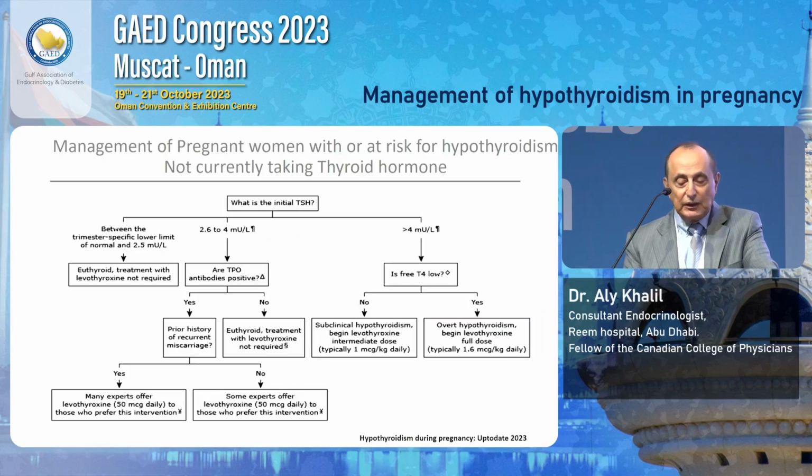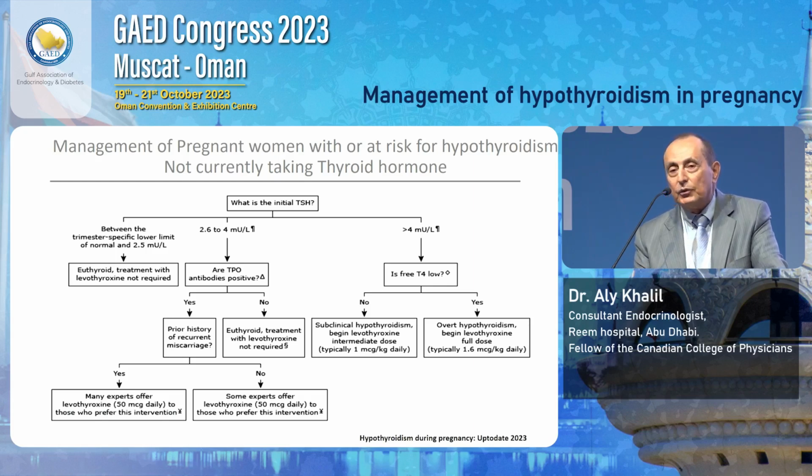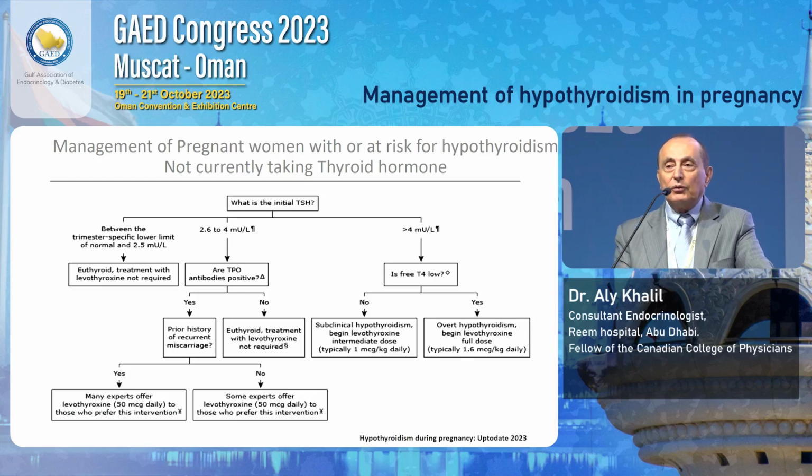Having said this, over the last 3 minutes, how to act on this. Based on what I gave you, let me summarize it, so at least it will help you in deciding for yourself what is the best approach. So what we have shown you so far is that if your TSH is above 4, there is room really to give the patient medication, irrespective of the level of thyroid antibodies. Now, if your antibodies are positive, this is another reason where you should use LT4. Between 2.5 and 4, if thyroid antibodies are negative, most experts do not give any treatment.